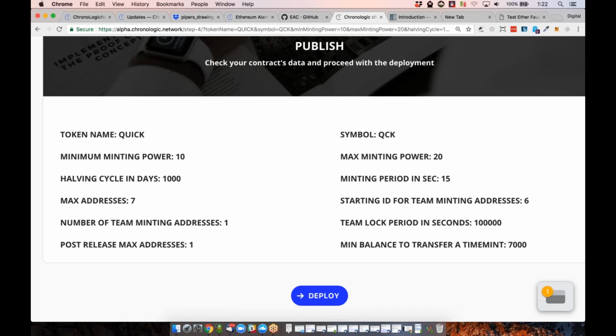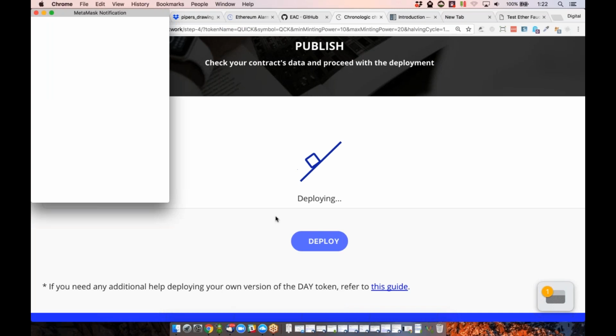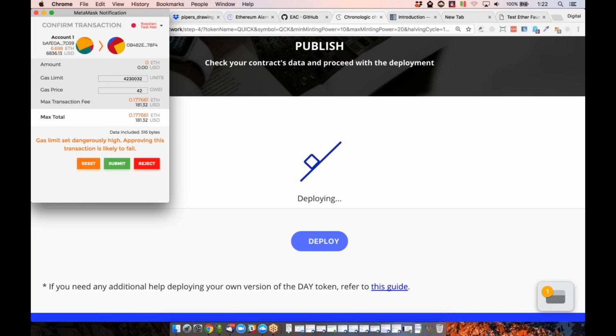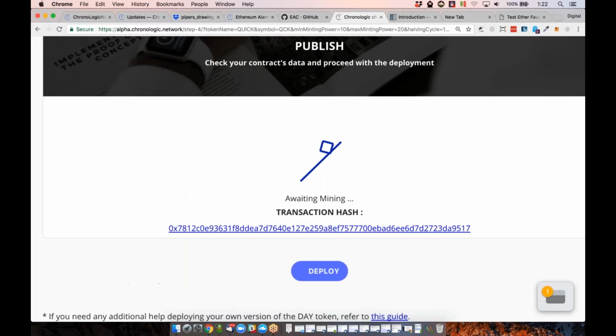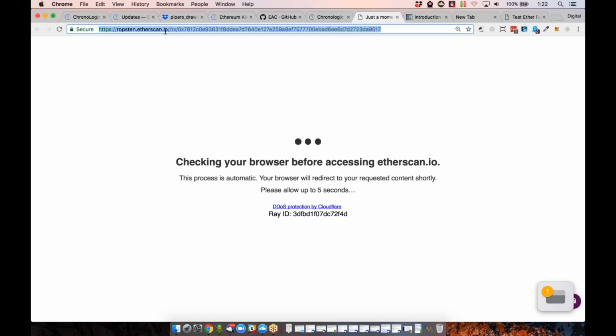Now, what I'm going to do is select deploy. And it's going to pop up right here, a MetaMask notification. I'm going to have to confirm this transaction. I just submit, and now it is awaiting mining. Let's go ahead and check this out on Etherscan. This is Ropsten Etherscan because